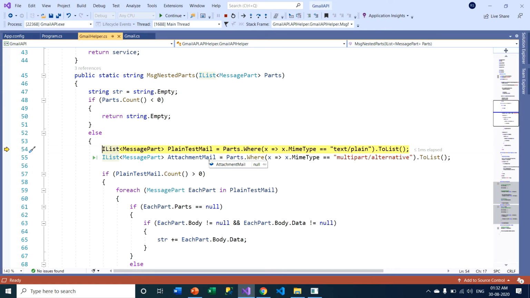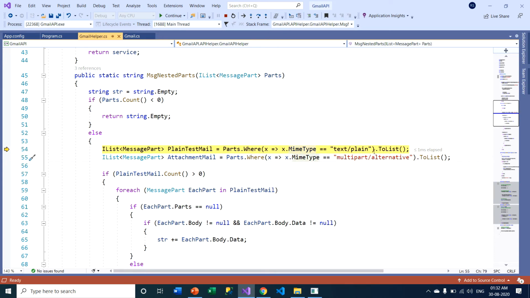I have retrieved only plain text. That's why I have used this particular collection, IList of MessagePart, and this is the plain text mail. So this is the particular LINQ query, parts.Where x such that x.MimeType. MimeType is nothing but metadata. So I am filtering this particular metadata, text/plain.